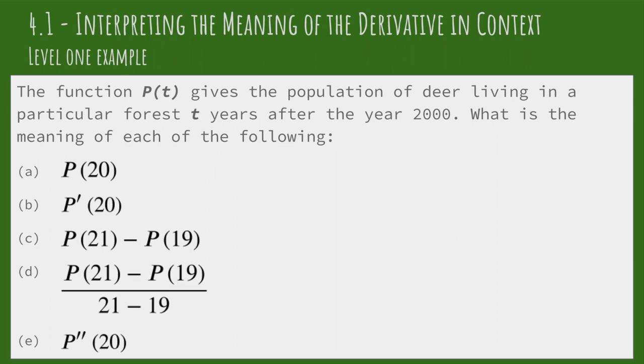So the first part here, we want to know, what does P of 20 mean in the context of this problem? So the function P just gives the population of deer in a particular area a certain number of years after the year 2000. So P of 20 is going to be 20 years after the year 2000, and it's just going to tell us the population. So whatever the value of this is, it's just going to be the number of deer that live in the forest